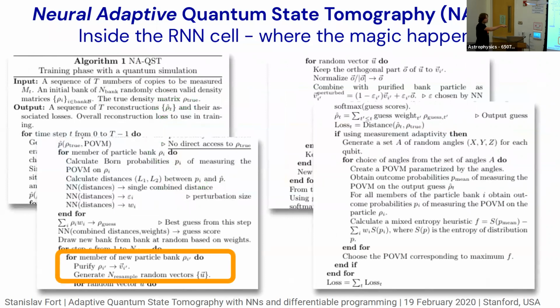There's an interesting part here I just want to bring your attention to, and that's that we use purification of states there to kind of be able to do these perturbations on density matrices in a way that would lead to a density matrix which is valid as the answer of the perturbations as well. And that step turned out to be quite computationally difficult because there is an eigenvalue decomposition going on there internally, and it turns out that operation is pretty stable in the forward pass of the network, but in the backward pass, in the derivative step in the training step of the thing, that thing has a much bigger radius of instability kind of numerically. So that turned out to be quite a problem.